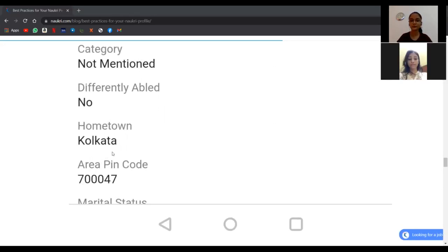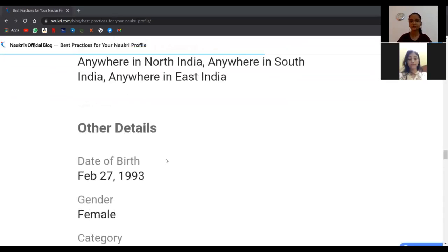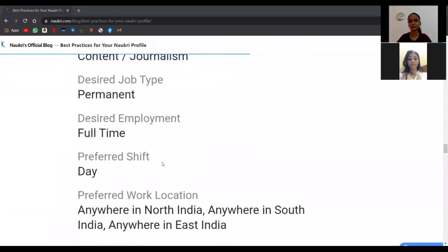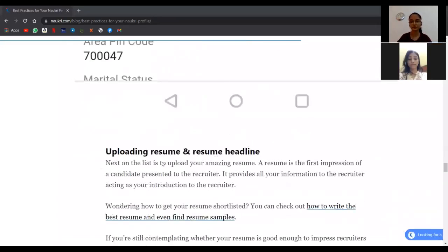And coming to the hometown, like it is mentioned Kolkata, where you were born, you can mention that place. And then the area pin code, and then the marital status, it means whether you are married or not, you just need to click yes or no. So these are the few things that you need to complete in order to fully complete your profile on the Naukri website. So this is about it, Pooja.